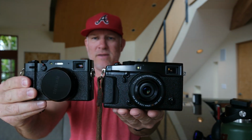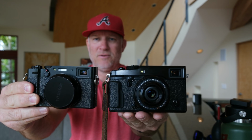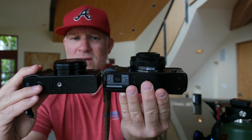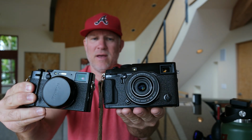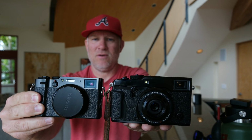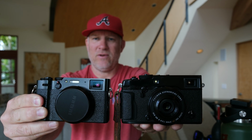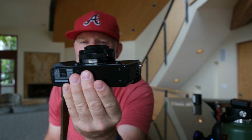Let's see if I can do this. So here are your two bodies side by side. I don't know if I can, that gives you an idea of their thickness, right? The X Pro 2 is a meatier camera. I don't want to drop these on a granite countertop, so I'm trying my best, just holding them there for a minute for you to check them out. There you go. So, X Pro 2, 27mm lens,